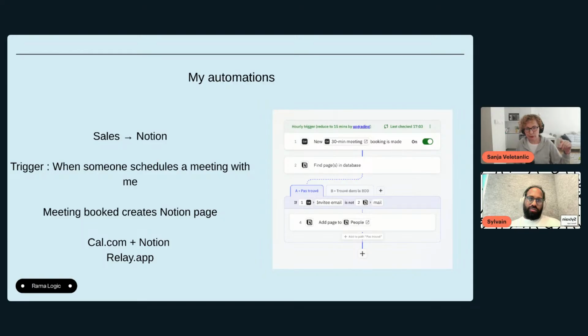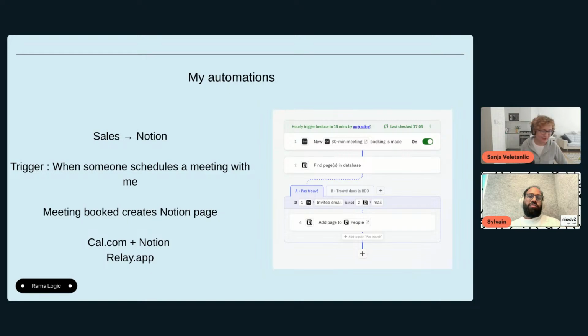It also looked whether the email from the sender was already there, and then connected it to the person. If not, it also created a new contact, and the message was also inputted into Notion.